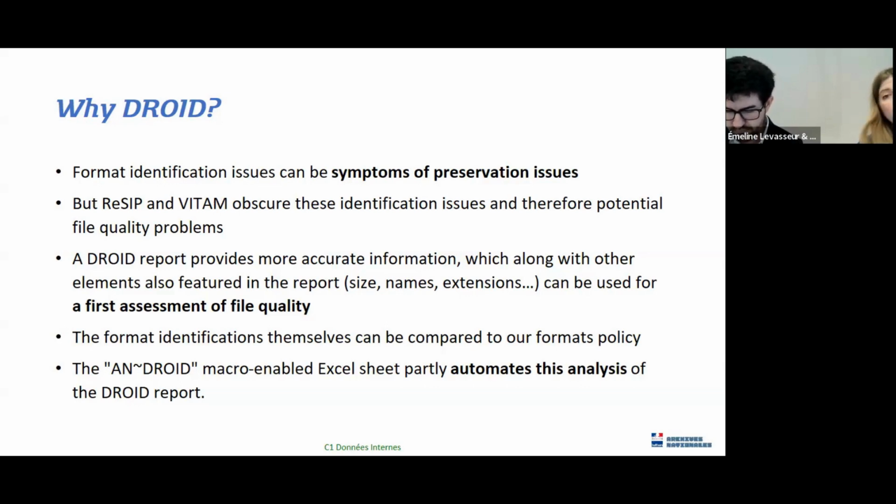That means that a Droid report will provide more accurate, more complete information on file format identification, and along with other elements from this report, such as the names, the sizes, the hashes, the extensions, this information can be used as a first assessment of file quality, and at the same time, the format identifications themselves can be compared to our format policy. As the analysis of a Droid report can be very time-consuming as the number of files to identify grows,